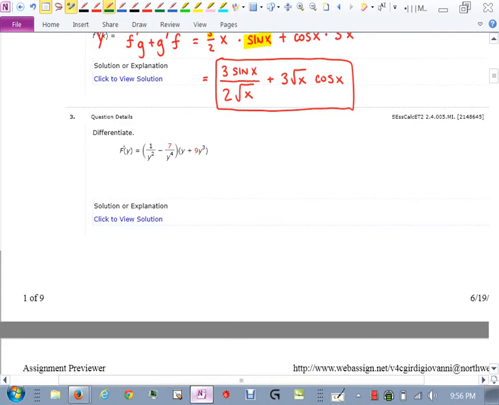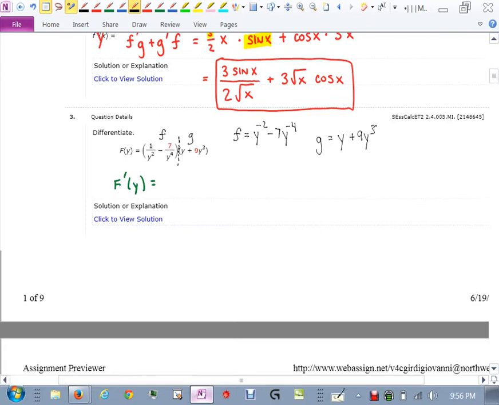You can call it anything you want, really. I just leave it like that and say, what's the derivative of f with respect to y. Well, let me split this where I see a product, which is right here. I see a little f and a little g here. Now notice the f function, I'm going to rewrite it, is y to the negative 2 minus 7y to the negative 4. So I brought the y's up and put their negative exponents. My g function is just y plus